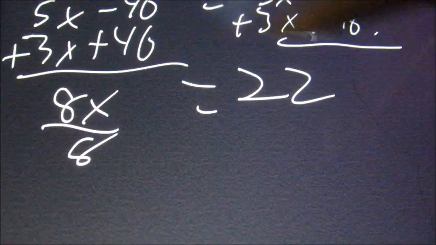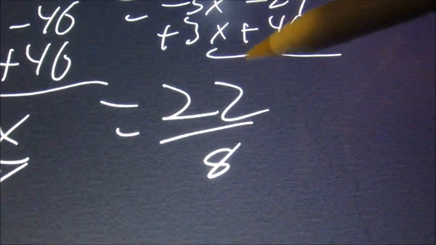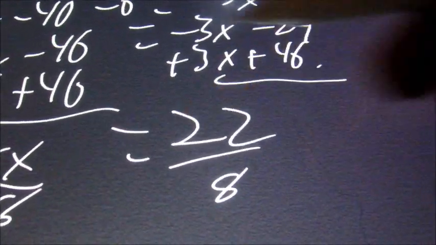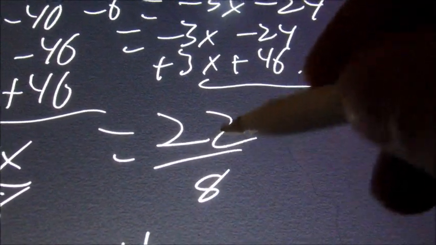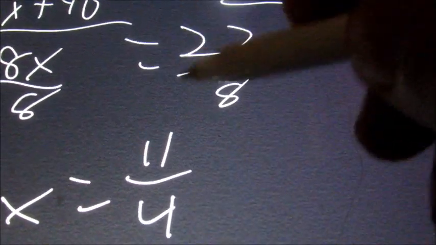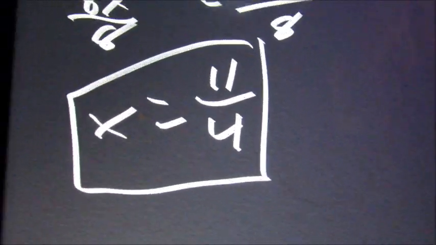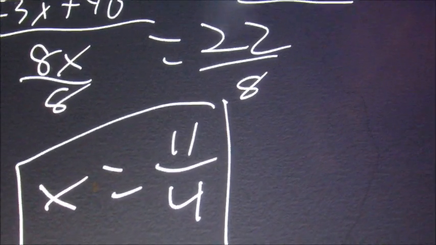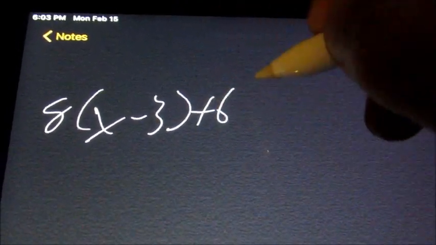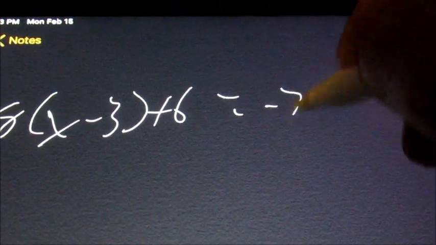So now I need to divide both sides by 8. I'm going to get x equals 22 and 8 are both divisible by 2. So 22 divided by 2 is 11. Over 8 divided by 2 is 4. And that's the answer. Next, let's say we have 8 times, in parentheses, x minus 3 plus 6 equals -7,